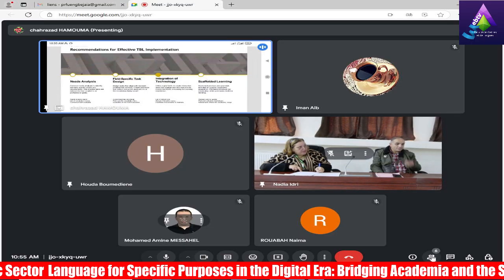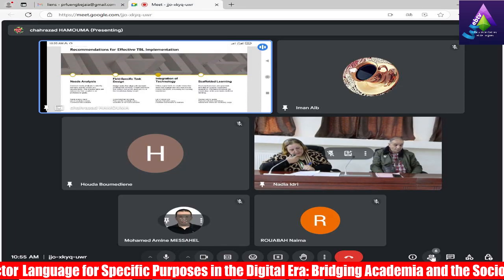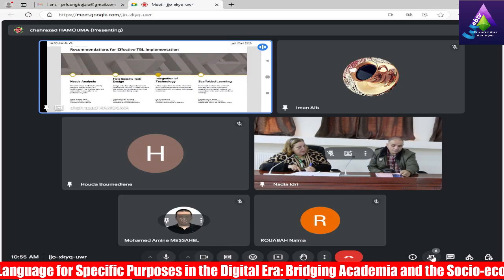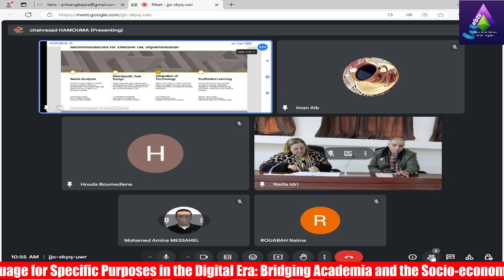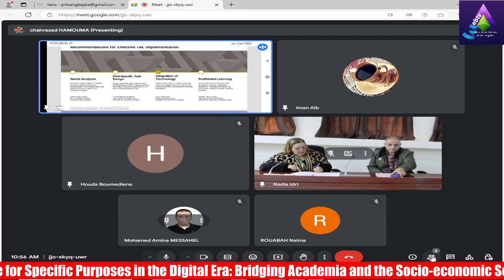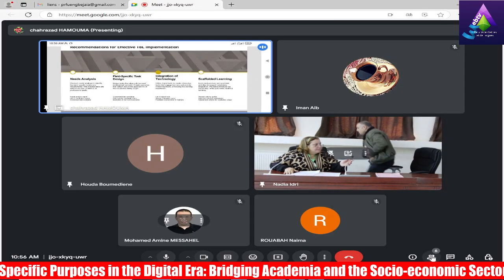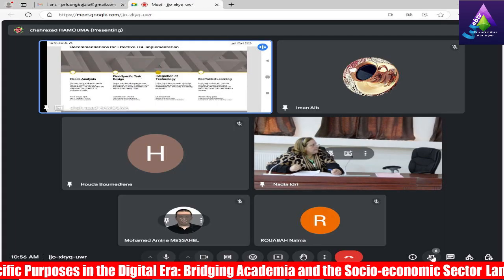Teachers should identify specific needs of students and ensure that the tasks they use are relevant to the academic and professional goals of students. In addition to this, teachers should design, let's say, field tasks. For example, scenarios that reflect real-world applications of the vocabulary being taught.